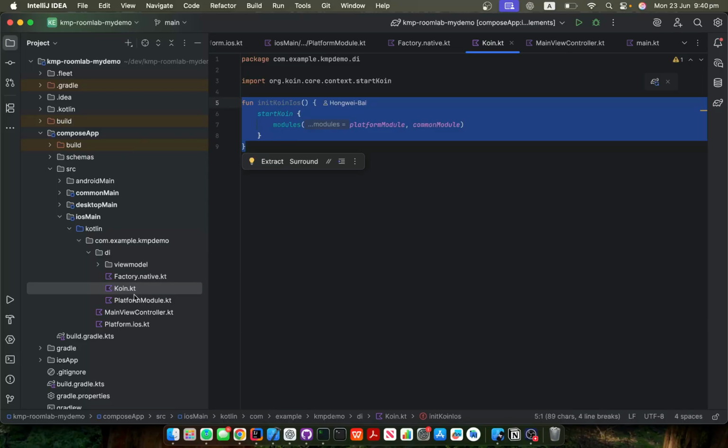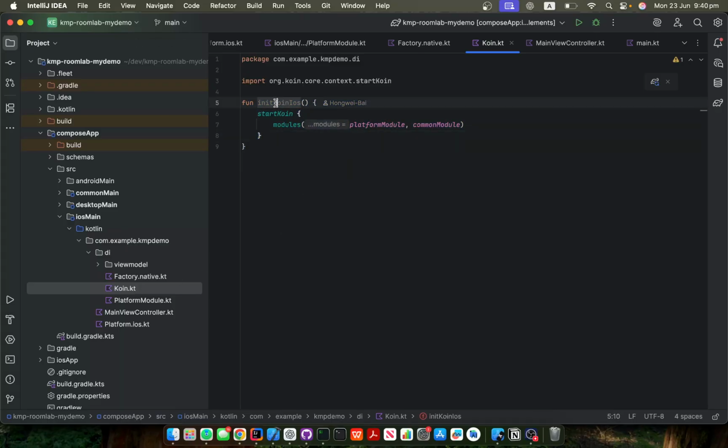We got a Koin.kt file here, and I have a method here, initKoinIOS, right? So in this one, we start Koin and define the modules. Those are similar to other modules, but the difference is that it's wrapped by a function, right? And where we use this function, as you can see,